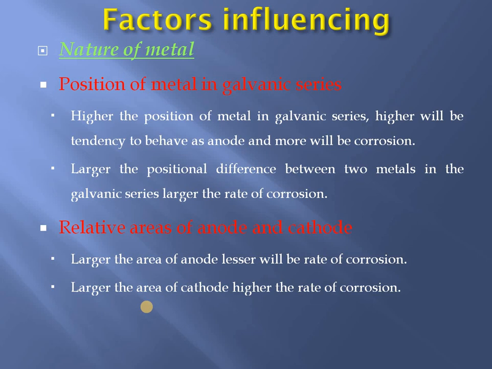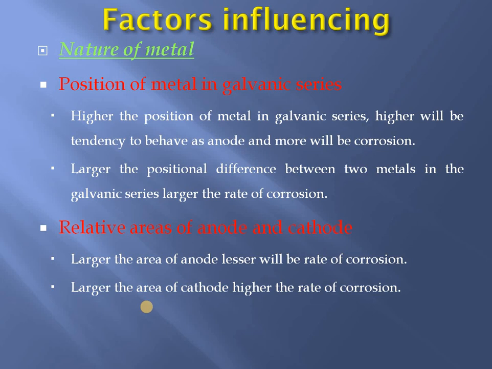Simply, a larger area of cathode will require a large amount of electrons and hence the anodic metal will undergo fast corrosion. If the area of anode is larger, then sufficient electrons can be given to the cathode and the requirement of electrons from the cathode will be less